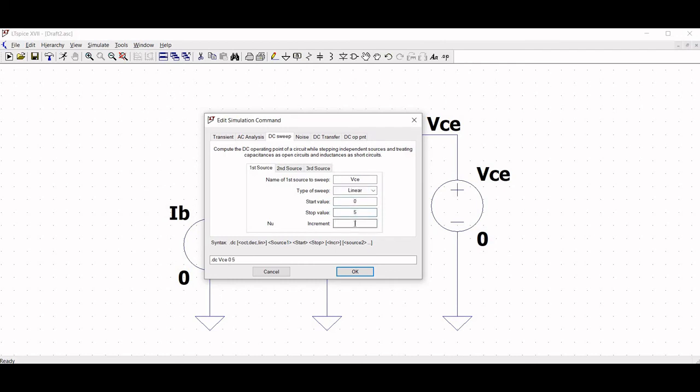The second source will be IB. Type of sweep will be linear. Start value as 5 micro, stop value as 25 micro and increment of 5 micro. Click OK and place this on the schematic.